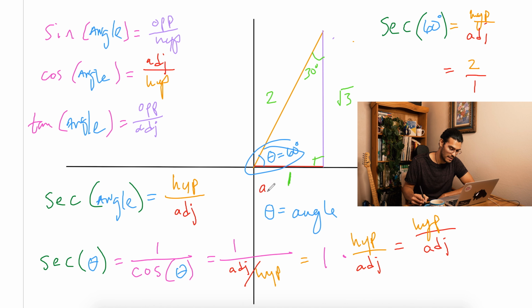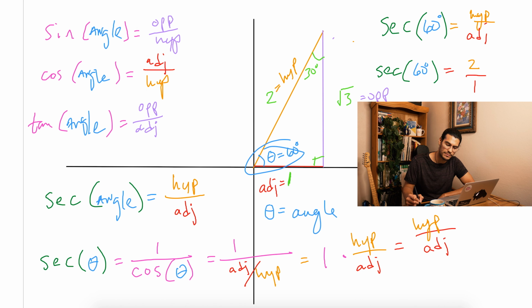Okay, so this is our adjacent side, this is our hypotenuse, and this is our opposite side from the perspective of that 60-degree angle. So do we see how hypotenuse over adjacent is going to be 2 over 1? Which means that the secant of 60 degrees